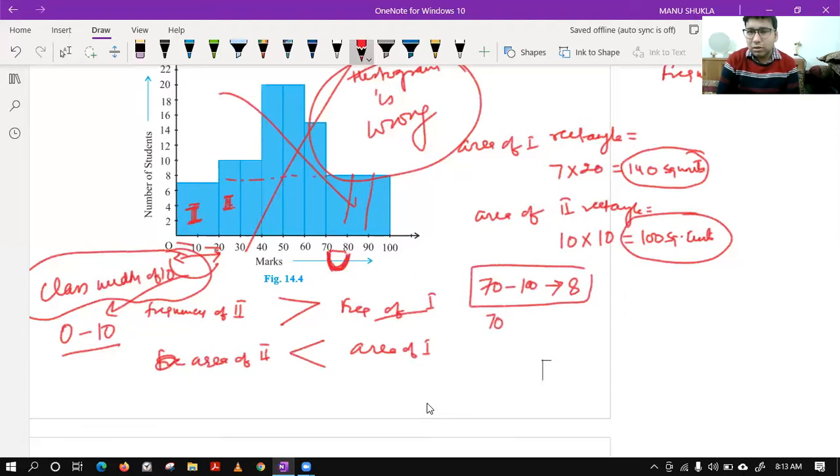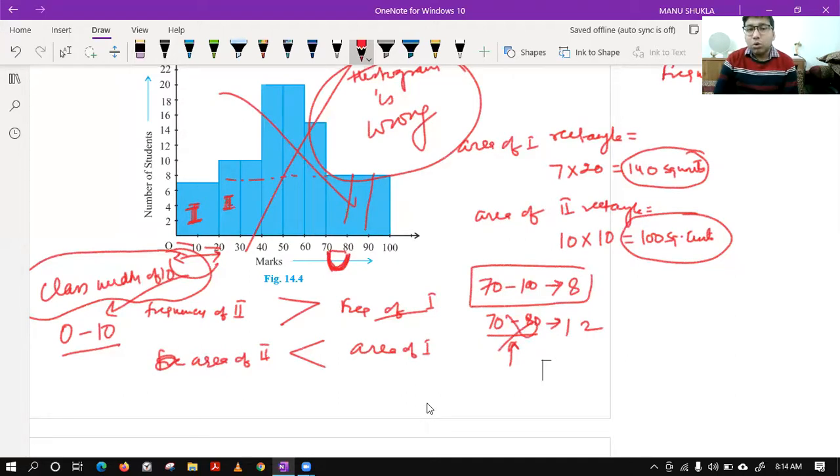Can you predict how many will be there in this range? Is there any way to find how many students are there between 70 to 80? There are many possibilities, so we can't go for this. Maybe all 8 are in this range only. Maybe only one is there. Maybe two. So we cannot go for this method. That's why, Piyush, this width changing is not possible. Is it clear now?